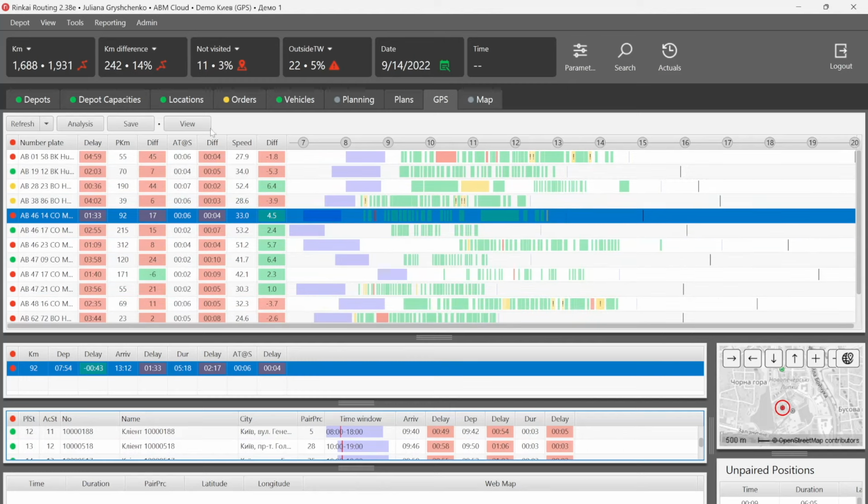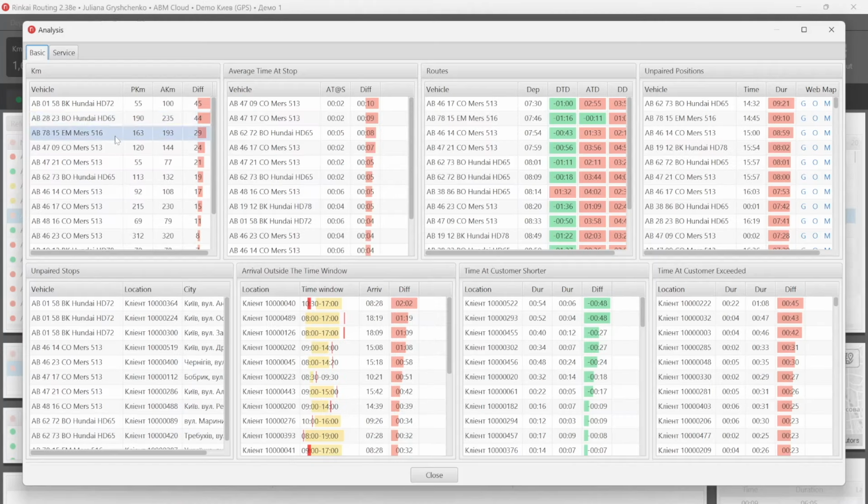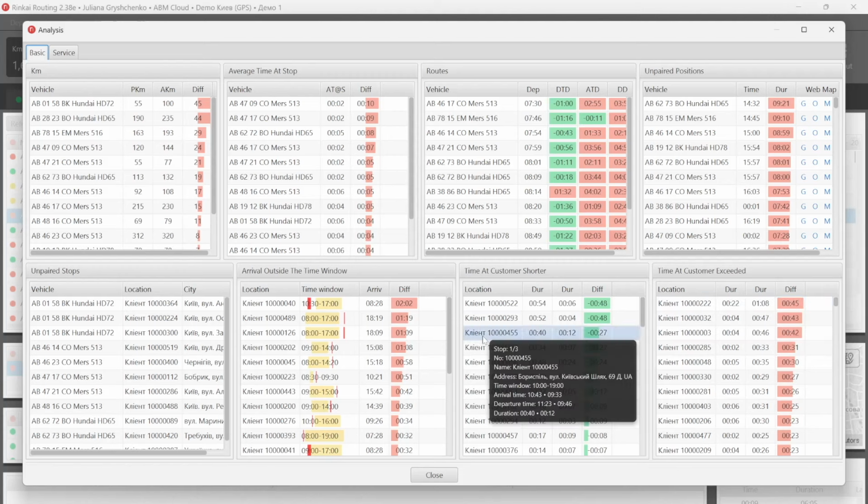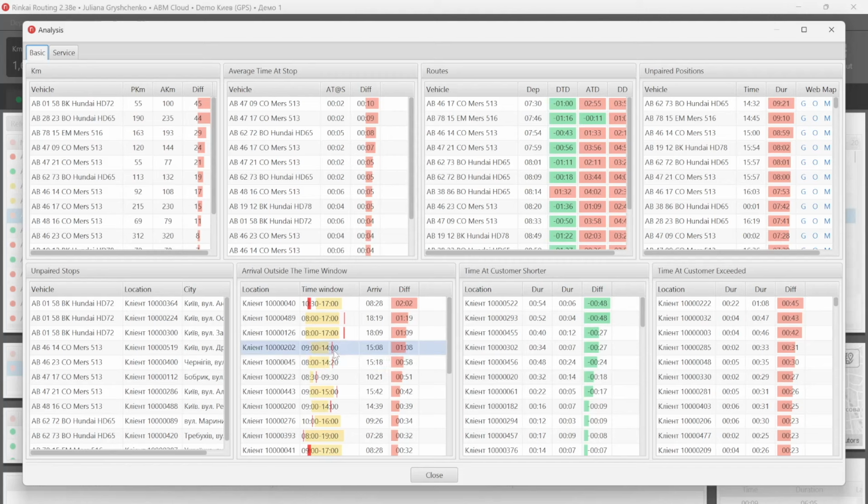Apart from this visual part, we can get into the deeper analysis by clicking the bottom analysis. We can see here the actual mileage, the average time at stop, the roads and paired positions and paired stops, arrival outside the time window, time at customer shorter, time at customer exceeded. So here is all information that is needed to control the customer service, first of all, and control all drivers, because here it's highlighted all good parameters with a green light color, and all bad parameters with